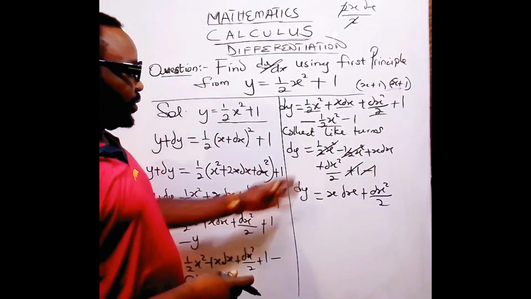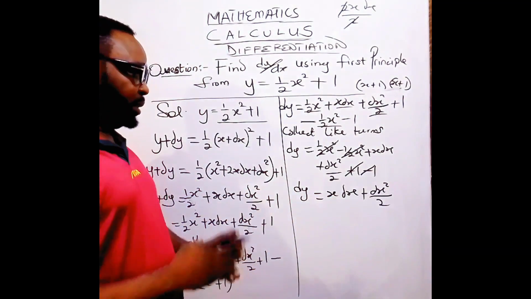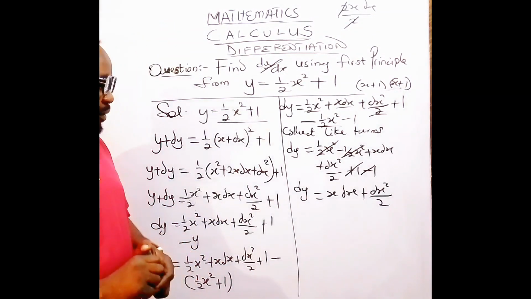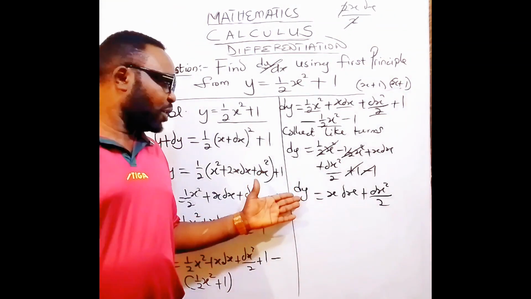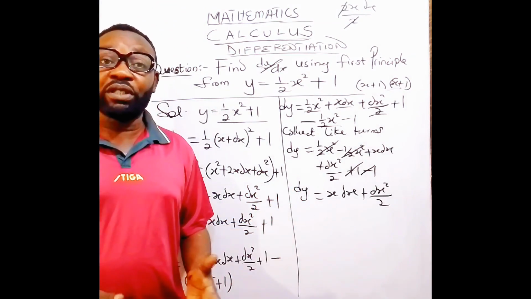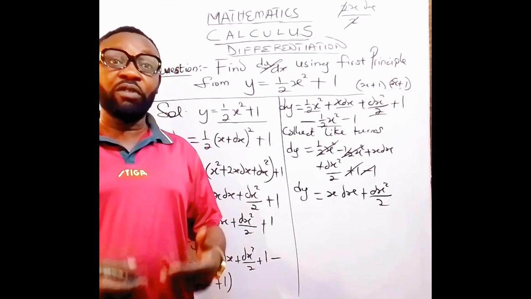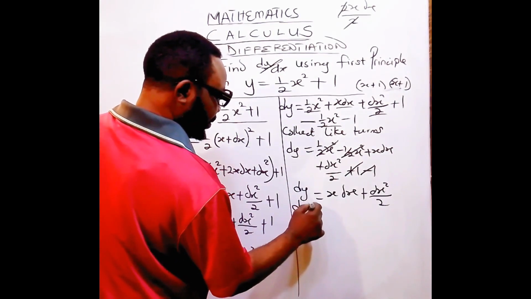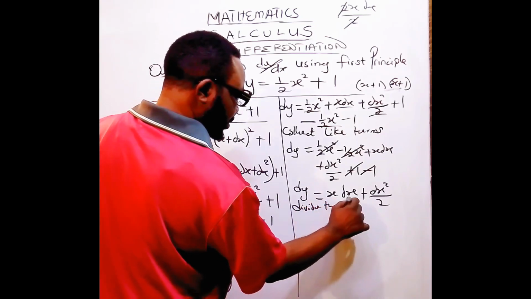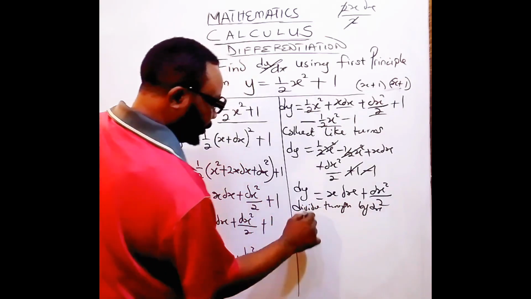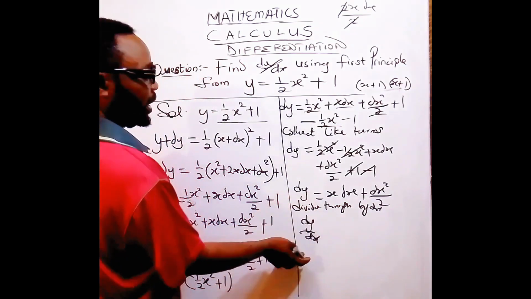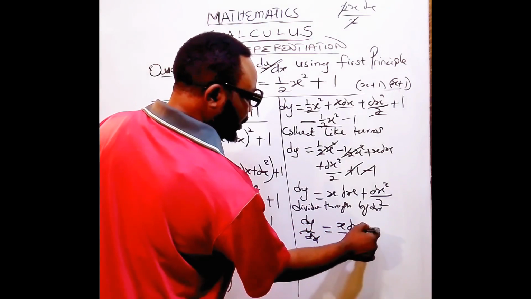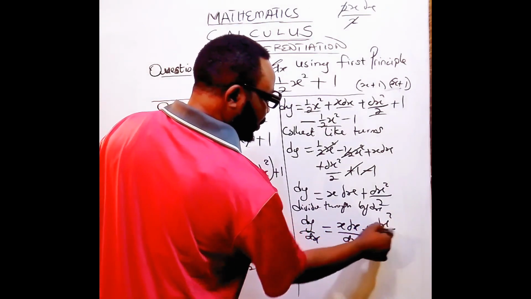Now, we have been able to arrive at this stage, and what do we do next? The next thing we do now is to find the ratio of y compared to that of x. In other words, we say divide both sides, or divide through, by dx. We're going to have dy over dx, which is equal to x dx over dx plus dx squared over